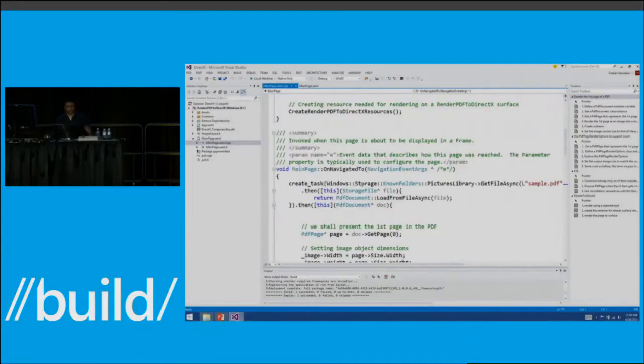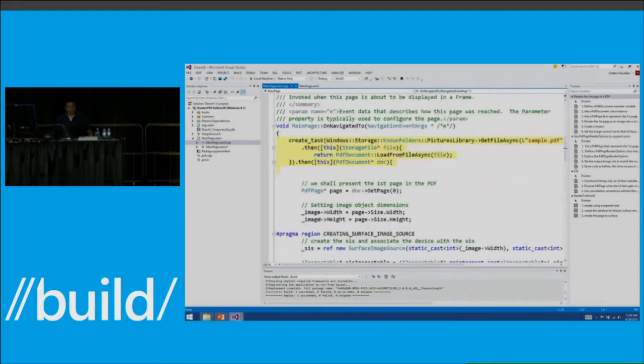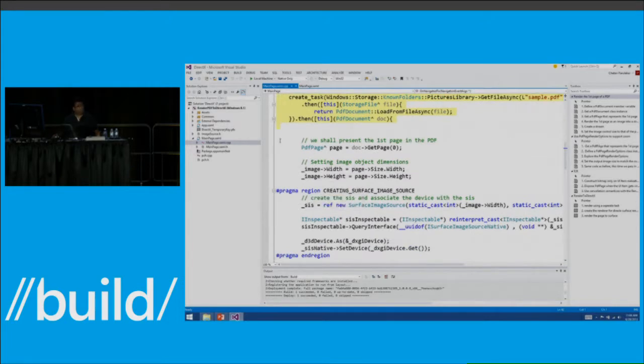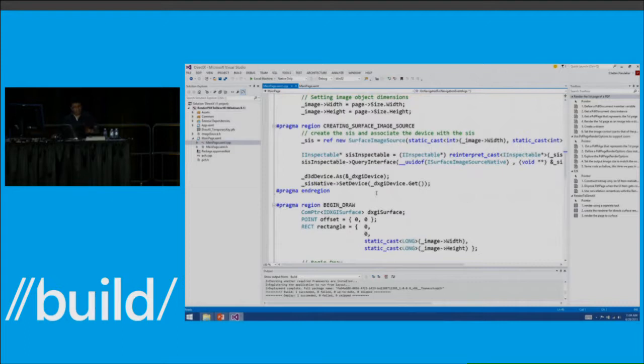In source, we start off the same way. We use the WinRT APIs to get our storage file object. We create the PDF document from the storage file object. We get the first page that we are interested in rendering. The rest of the code that you're seeing here is dealing with surface image sources.